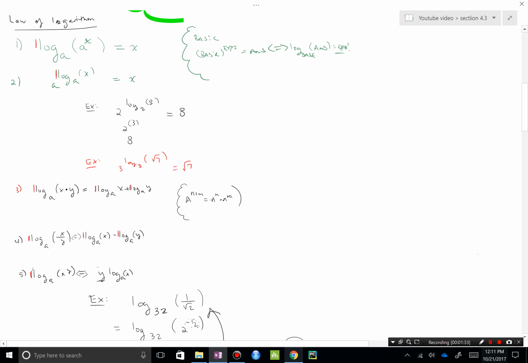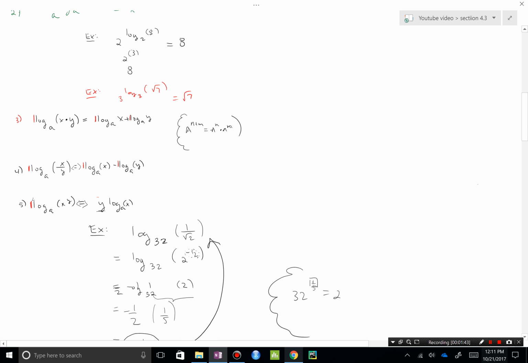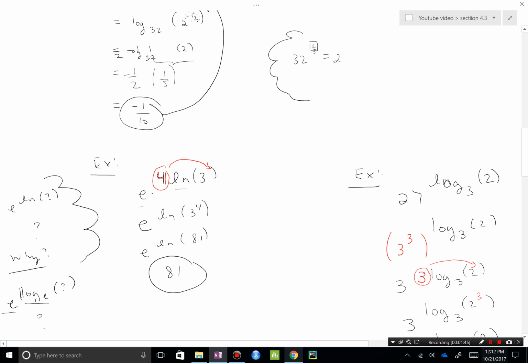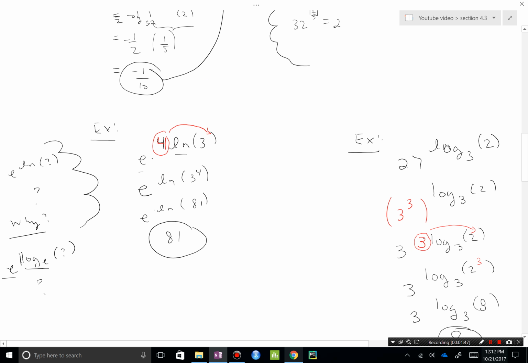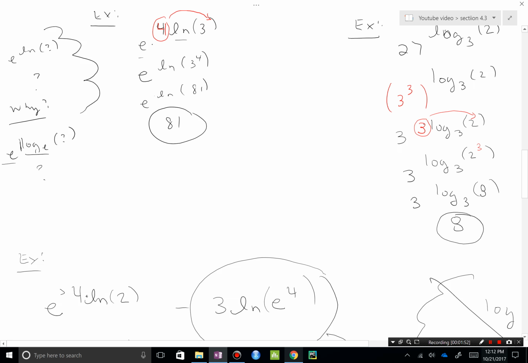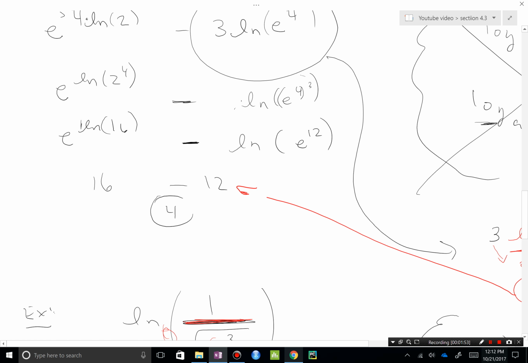Which are: logs undo exponentials, and exponentials undo logs, if the bases are the same. But if the bases are not the same, then you run into these laws of logarithms. Then I went over a plethora of examples of how to evaluate these expressions. These are not equations. You notice there's not one equal sign anywhere. So I would encourage you